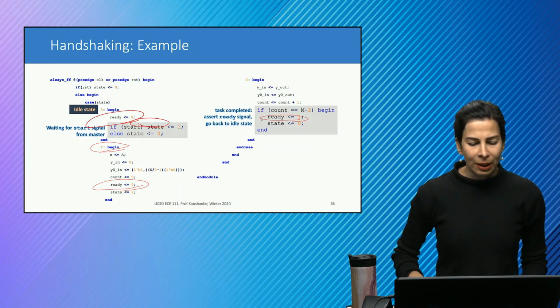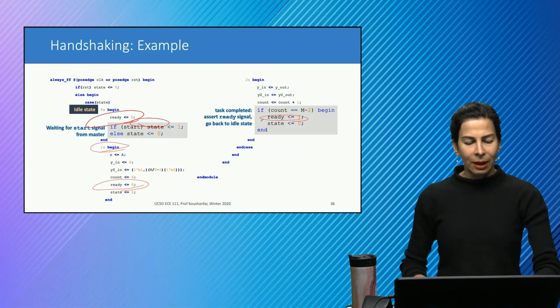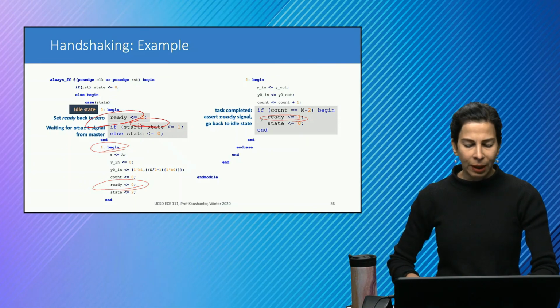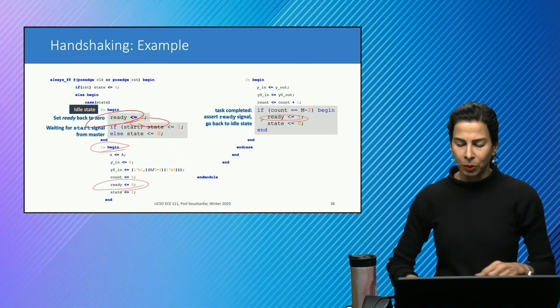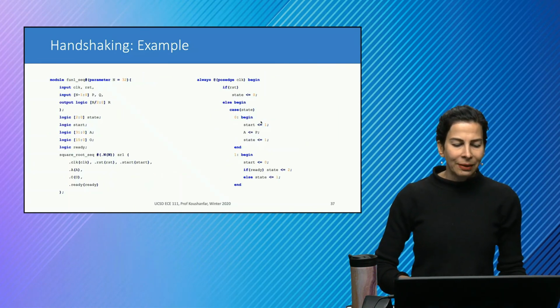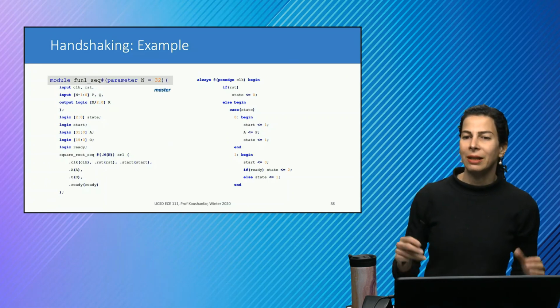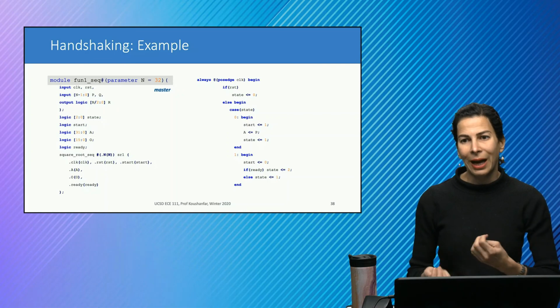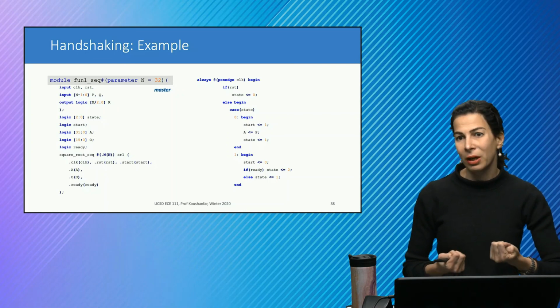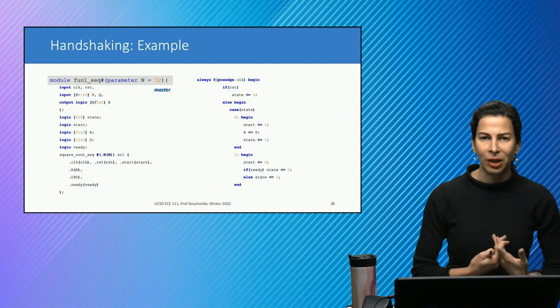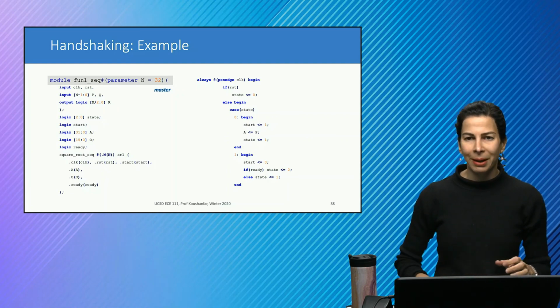So basically, if the start comes, this is going to go to state 1, and other than that, it's going to get things ready. And the corresponding handshaking signals have to be also implemented on the master side. So master, remember the master had this